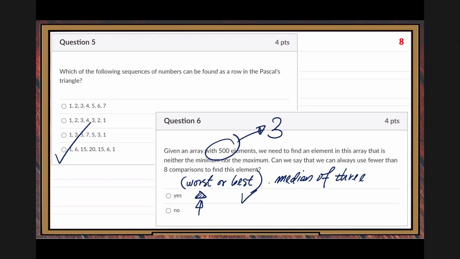Let me leave this topic after midterm. Before midterm, do not worry about average case, how to calculate in the right way. So we leave it after midterm. When we learn binary search, let us do the calculation. I hope at that time I show you how to calculate. So for this question, finding the median of 3: best case, worst case, how to calculate average case, how to look at the probabilities. All right, next question.